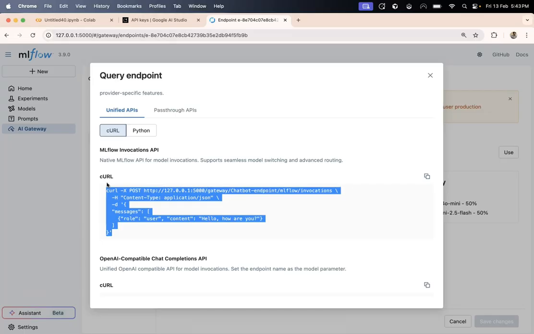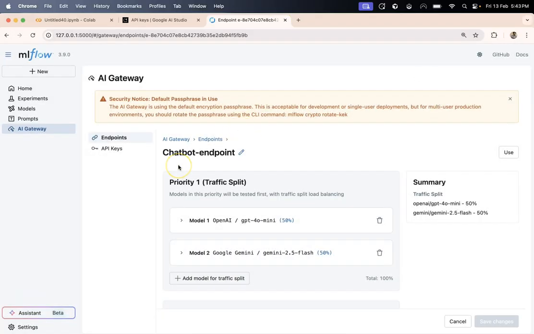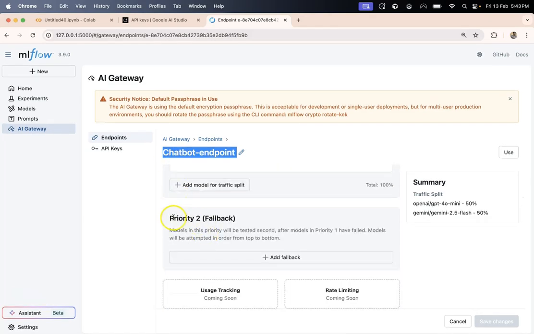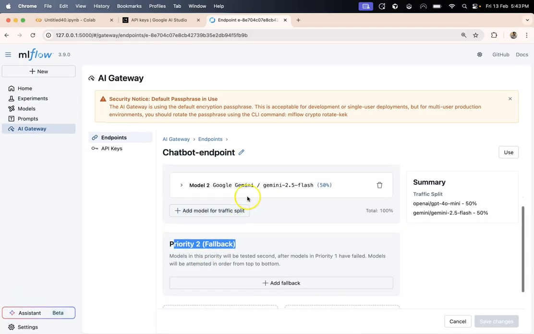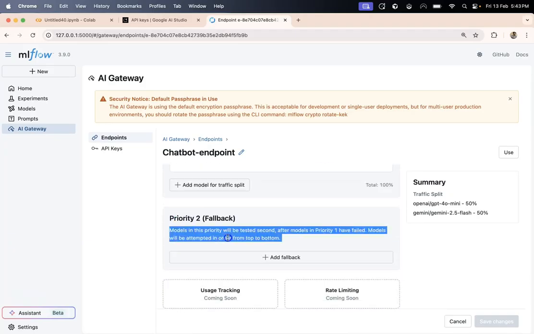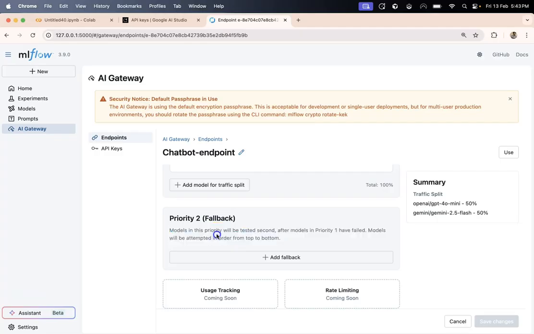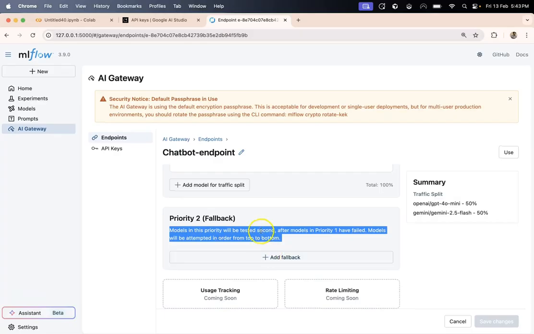Okay, all right, so I think that would be it for this video. But what I would like you to do is something pretty interesting in your production application. If you are using MLflow heavily, you can add fallbacks. Obviously, if both of these models fail, then which model? In production, you don't want a user to hang in between requests, so you would want a fallback mechanism with which those models can be called.